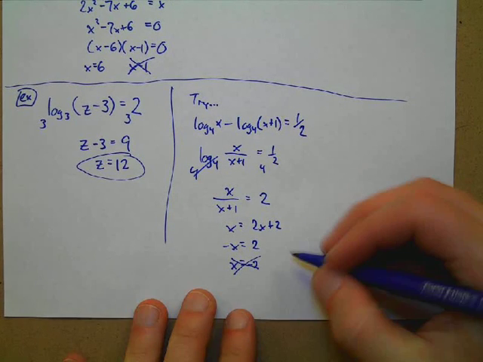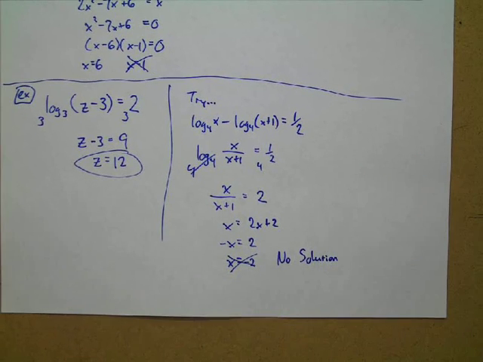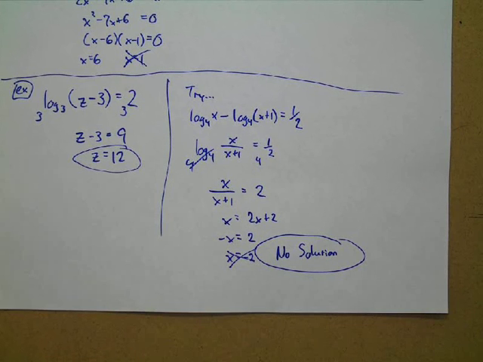Question if this works. I still got no solution, but instead of combining the logarithms, I just made all the terms the degree of 4. So I had 4 to the power of log base 4 of x minus 4 to the power of log base 4 of x plus 1 equals 2. Is that still a way to evaluate it, or do I need to combine the logarithms before I do that? I don't think, while you still maybe would result in a no solution here, I don't think that you can